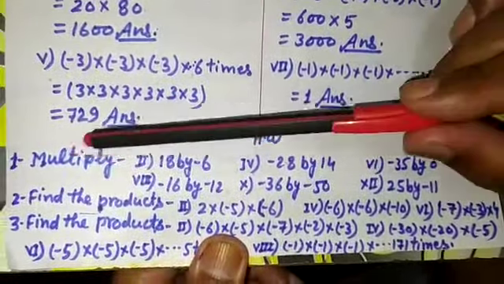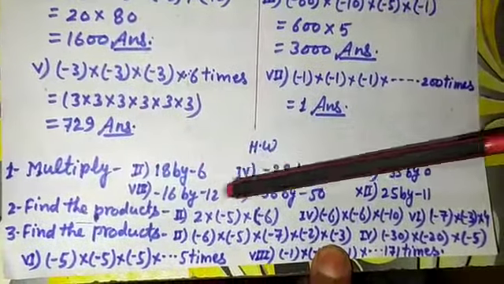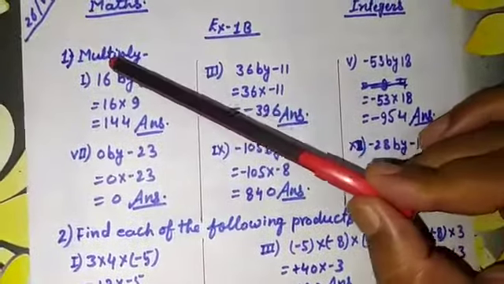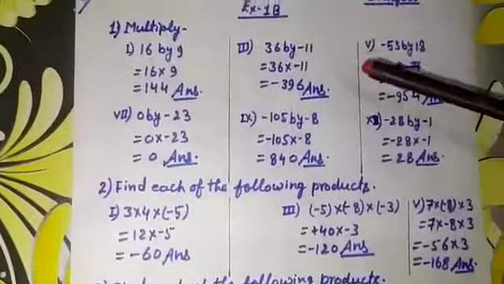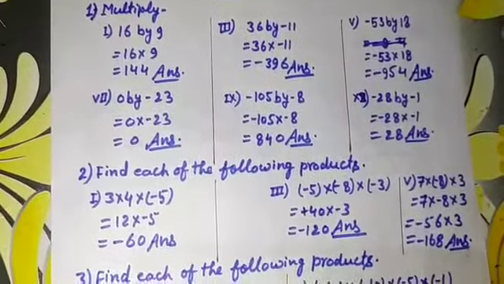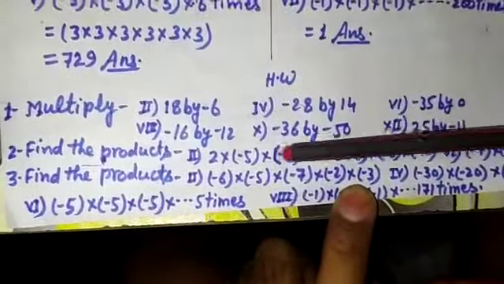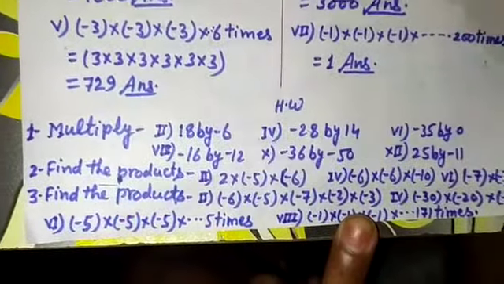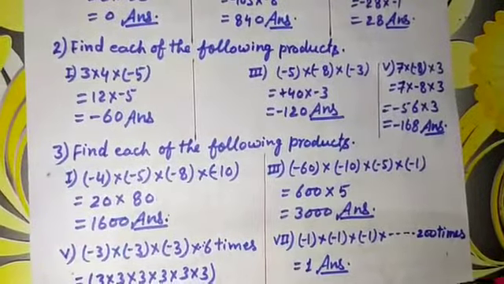Now here is your homework. Homework is your all alternate remaining sums from here. It means I have solved the first and not the second, therefore the second is here. Third but not fourth is here. Therefore all alternate sums of 1 are in your homework. In second also all alternate sums are remaining in the homework, and in third one all alternate remaining sums are here. You will solve this homework in your fair copy.